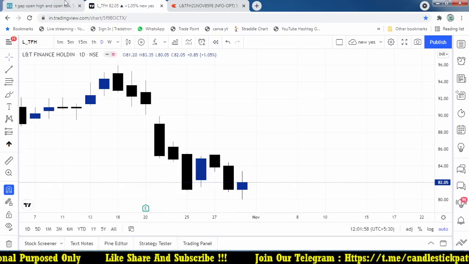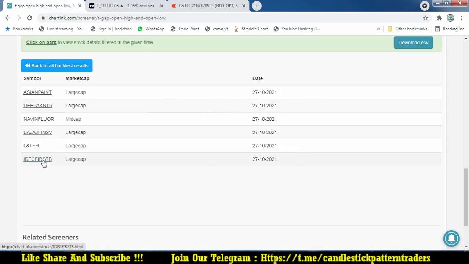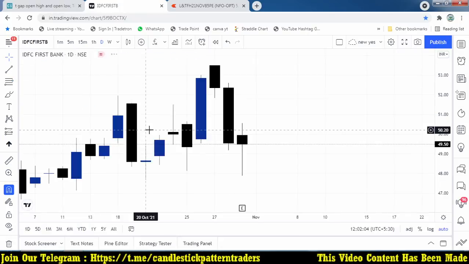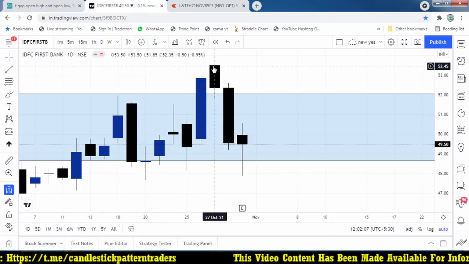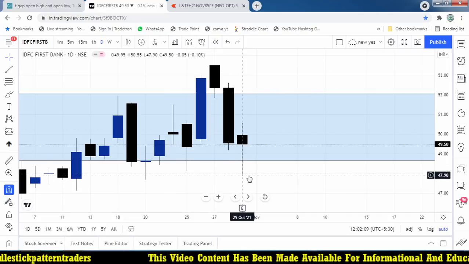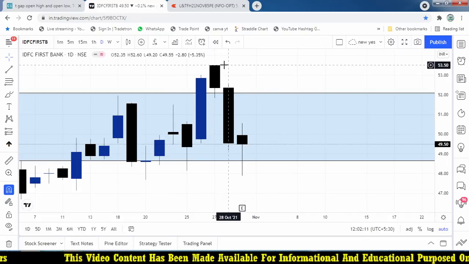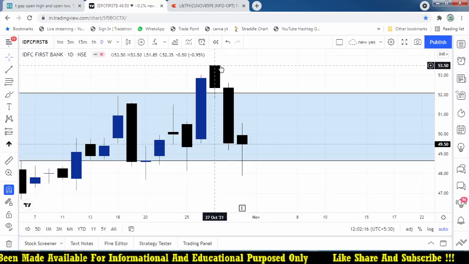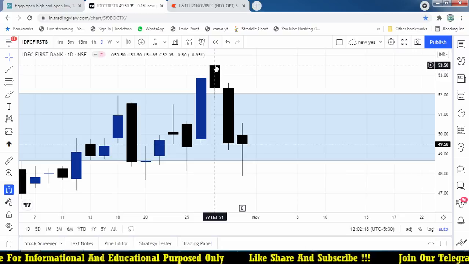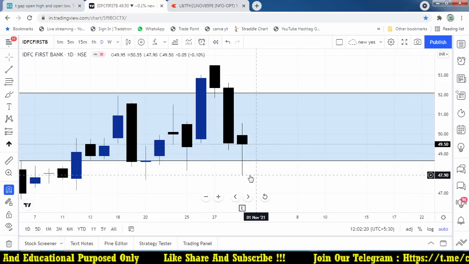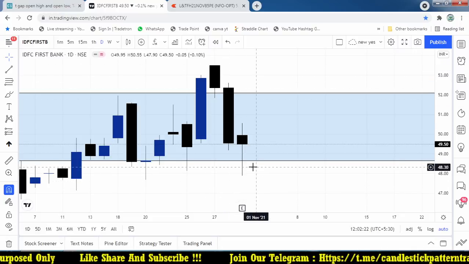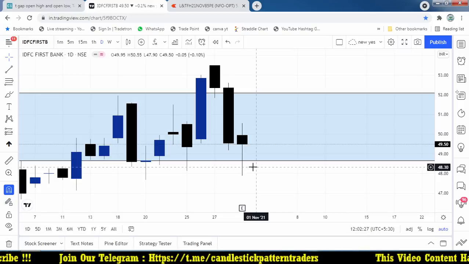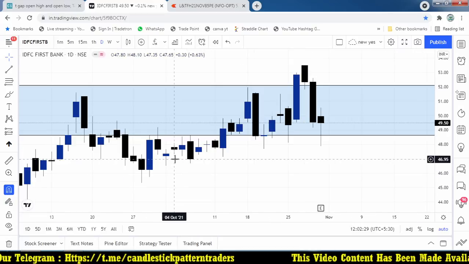I hope you got some idea about how to trade. Let's go for IDFC First Bank. What happened on 27th? Oh my god, it went from 53 down to 47, because this is our stop loss as well as a nearby entry point for the 55 put option. If you take a 55 put option, that may give you a great opportunity, and may work very well in our intraday and positional trading. I hope you understand the logic behind this.